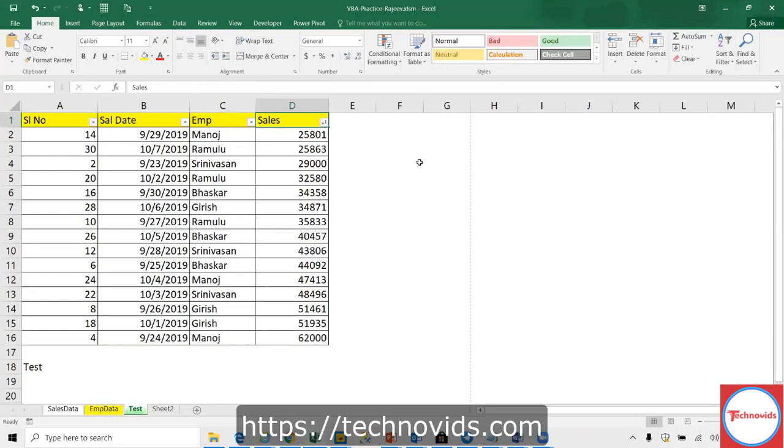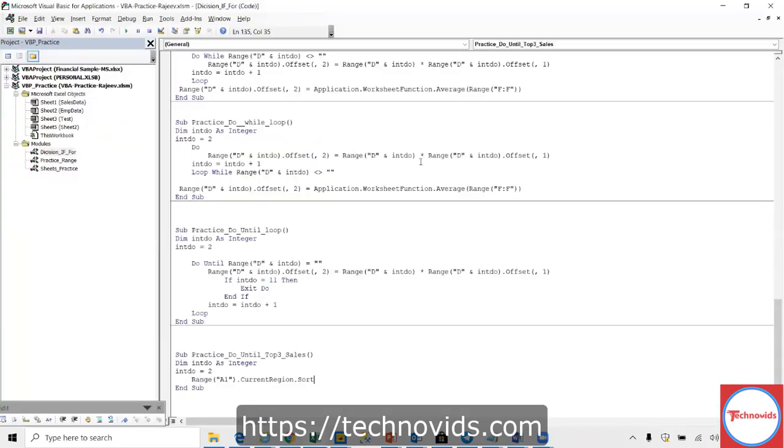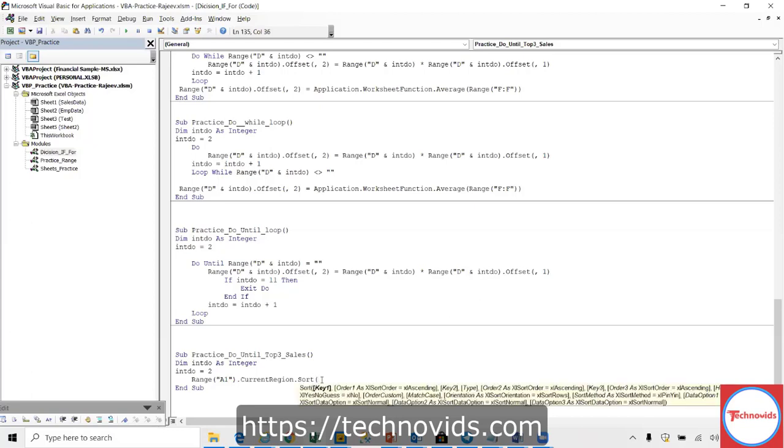Now coming back to Sort. I have selected the required range already, and I'm going to sort by which column? That's what I have to give. So the column is D1, isn't it?